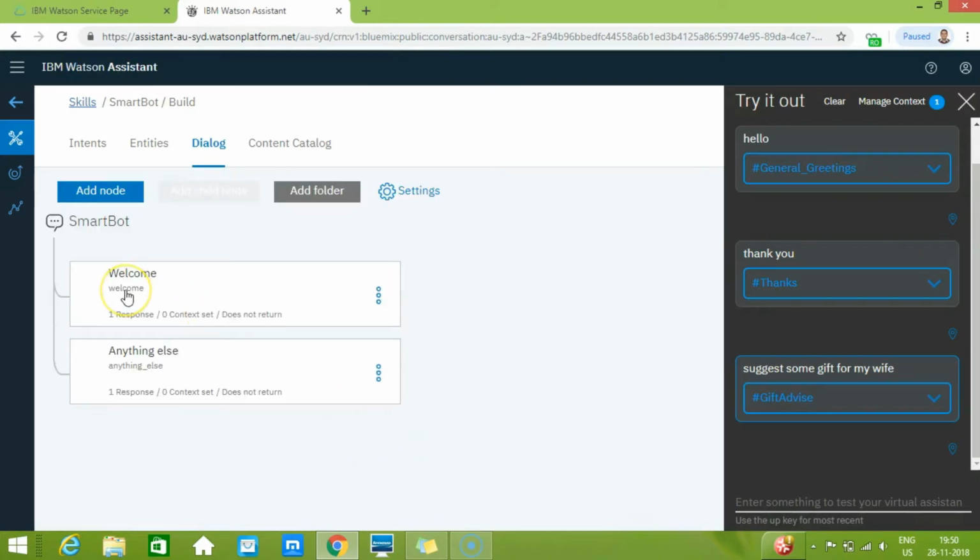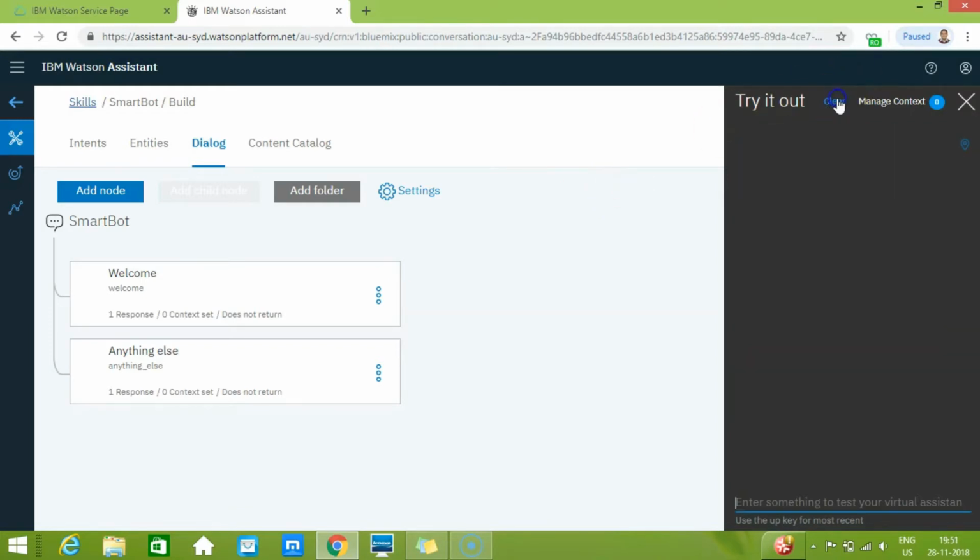So here we will see a kind of response tree which has nodes. These square blocks are called nodes. It executes from top to down. This node will execute first, and whatever we have specified, if the condition matches, we will get the response. Otherwise, it will ignore it and move to the next node. So if we try out with this, you can observe